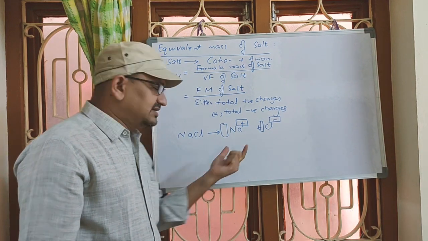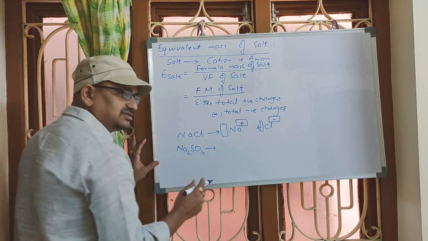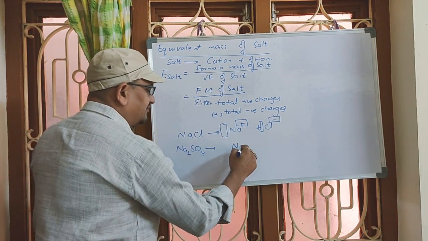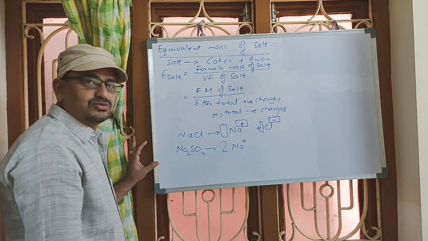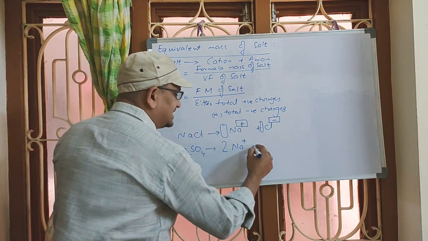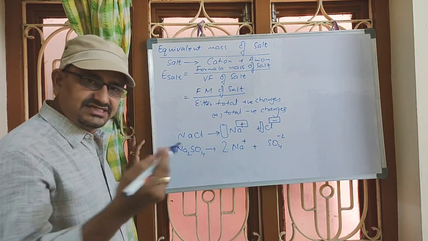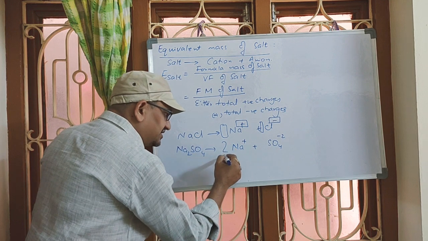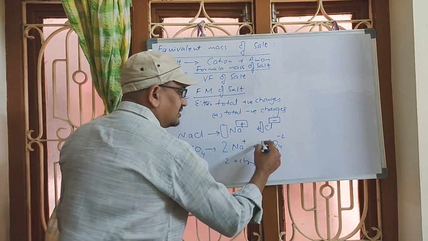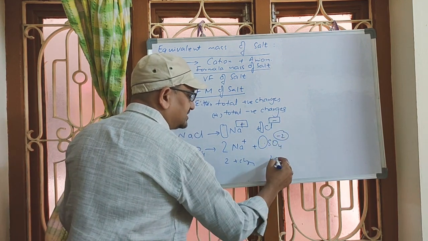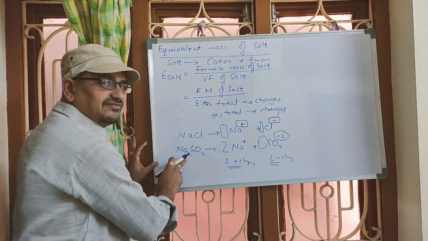So observe carefully. If it is a salt like Na2SO4, which dissociates, sodium always will be obtained in the form of Na+ cation. There are two sodiums here, so two Na+ ions, 2 moles of Na+ ions in 1 mole of salt, plus SO4 2-. Now how to count the total charges? Just now we discussed. Coefficient multiplied with power. 2 into plus 1, 2 plus charges. Coefficient 1 into minus 2, 2 minus charges. So either this or this, we have to take it as valency factor for this given salt.